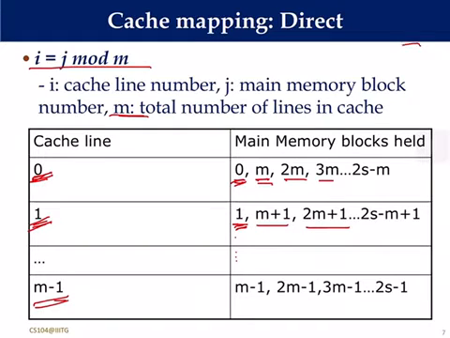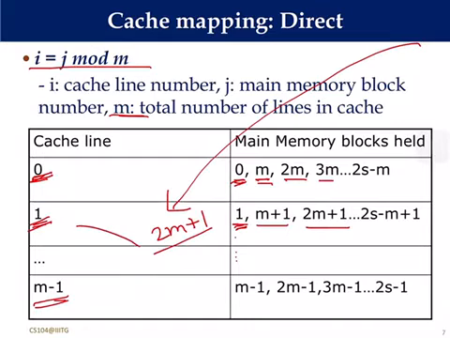Now, suppose a request comes for, let's say, block number 2M, or 2M plus 1. When the block number is 2M plus 1, you will be very sure that it can be at this position, right? Or the other way, let's say 3, if you know that the cache line is 3, then that means the 3 can be